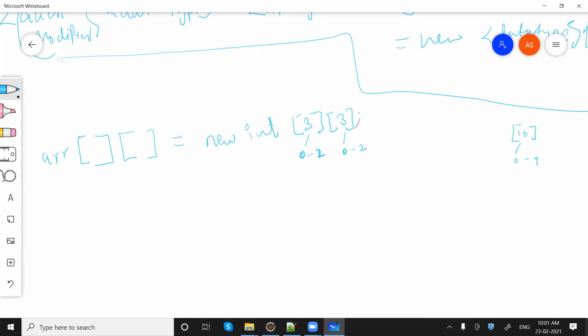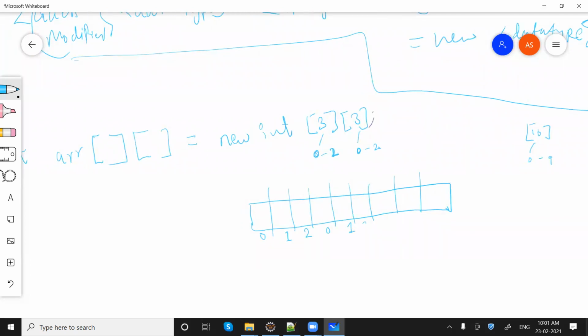So this will be an array of contiguous memory locations. Like this there will be 9 memory locations. This is 0, this is 1, this is 2, this is 0, this is 1, this is 2, this is 0, this is 1, and this is 2.